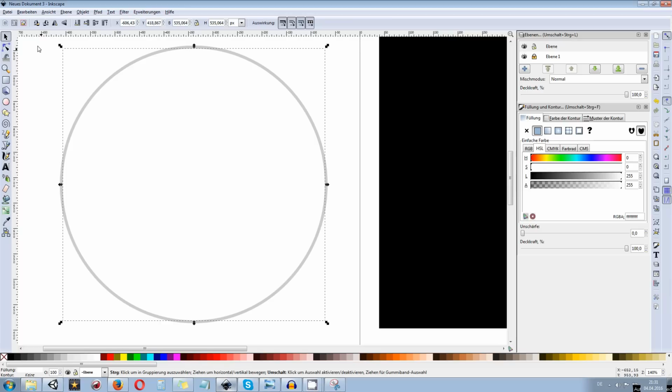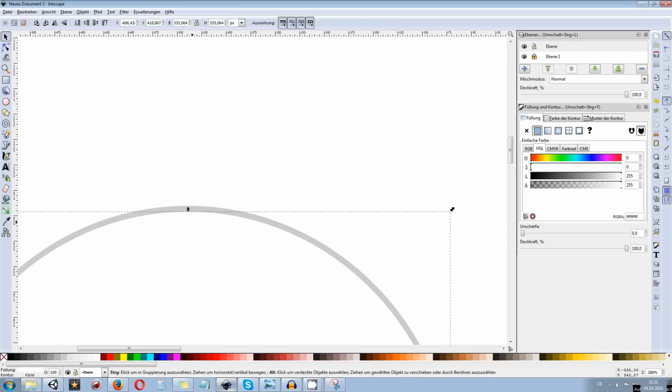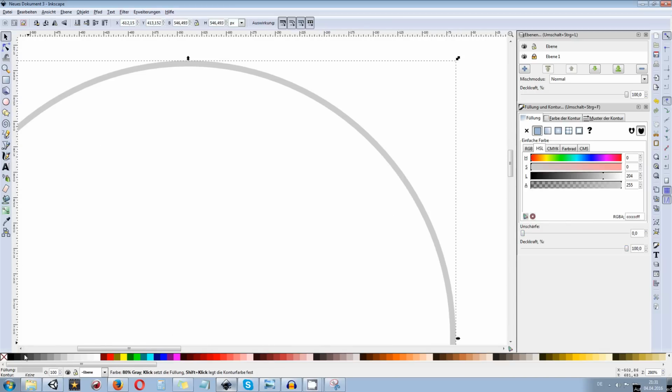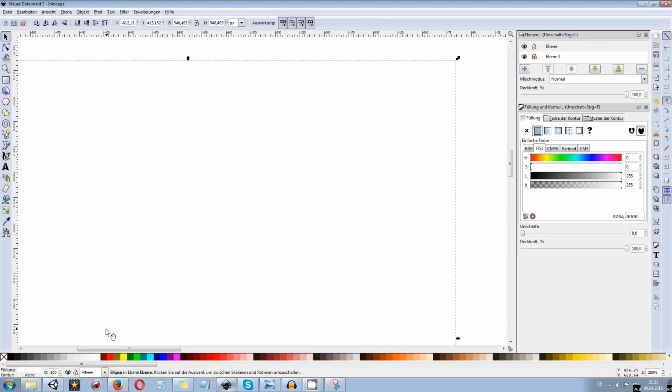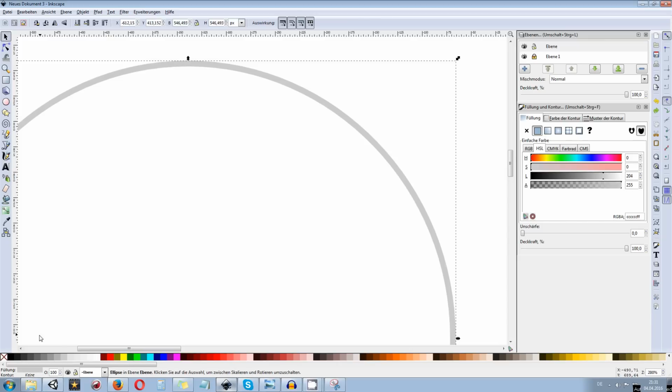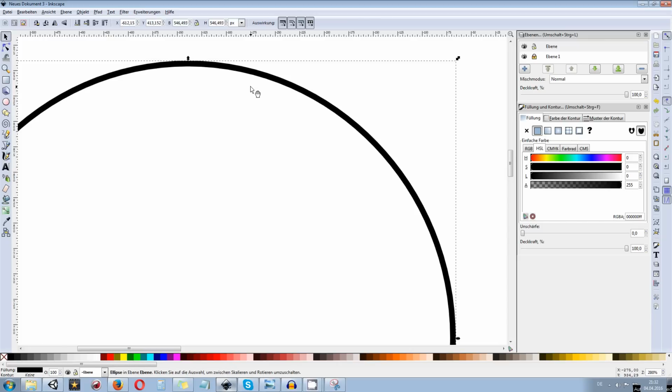Once you're done, you leave the left mouse button, and then you have two circles. The first one, the gray one, is over here. So make sure to select this one right now and choose the color black for the first time.